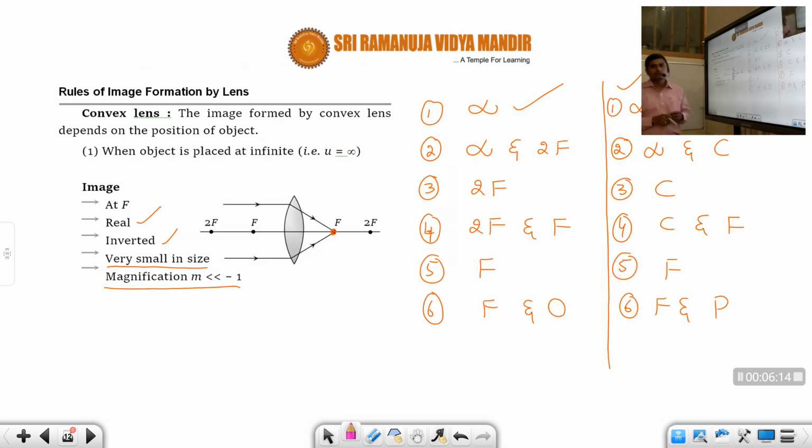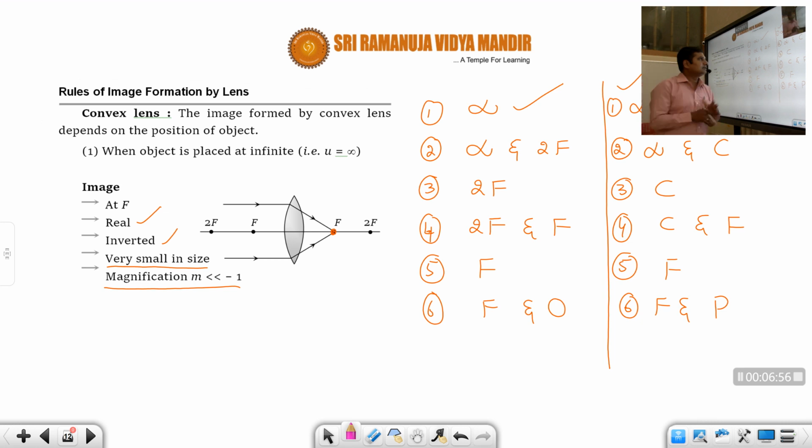Afterwards we have seen the properties of the image formed for different positions of the object, for a convex lens as well as for a concave lens. These properties of the image are very, very important. As I told you in the last session, you should learn all 6 cases by heart, students. You should not make any mistake in these 6 cases. This should be thoroughly understood, and you should visualize: when the object is in this position, where will be the image, what is the nature of the image, what is the size of the image. Please try to visualize, then you will not make a mistake.